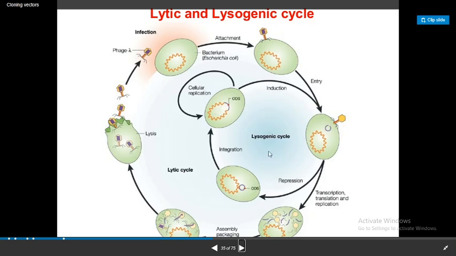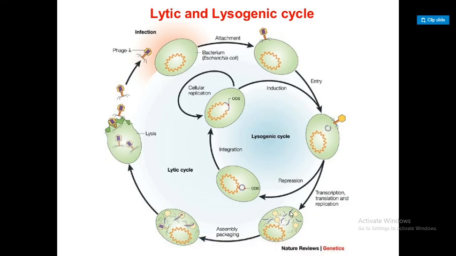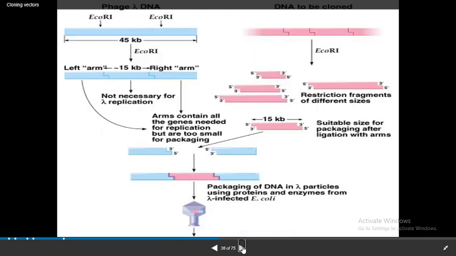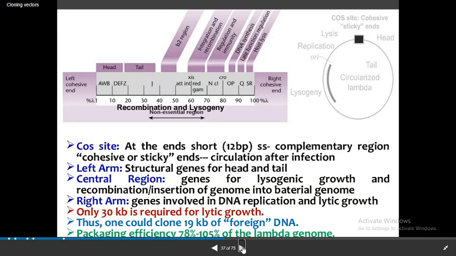This is the lysogenic cycle, but what about the lytic cycle? In the lytic cycle, the phage cover, the capsid, and the genome are produced. It gets packed like a bacteriophage, and there is a bursting of the E. coli cell and the bacteriophage comes out. Very interesting. So which are the two phases? One is the lytic phase and the other is the lysogenic phase.